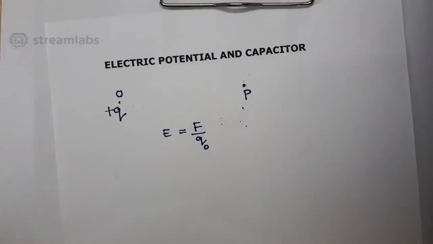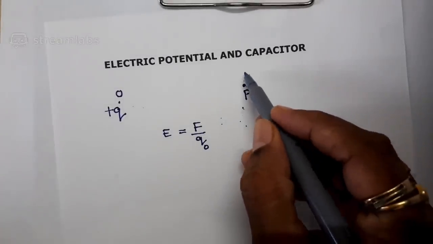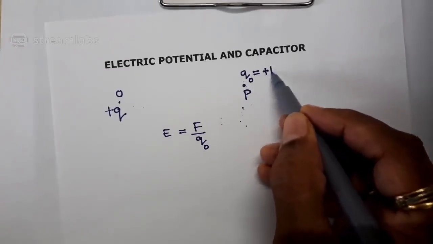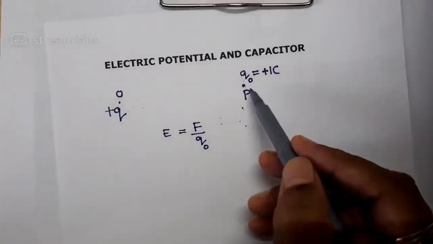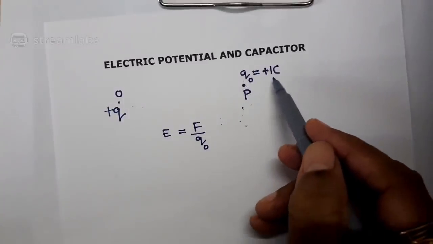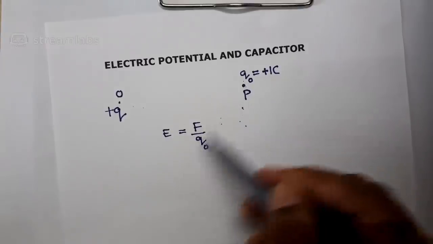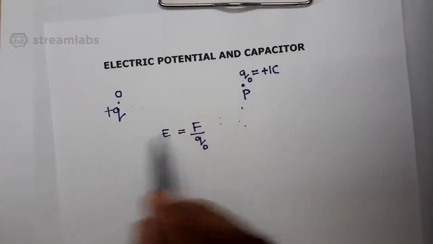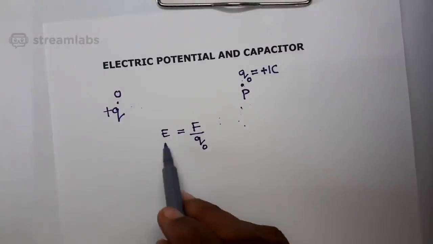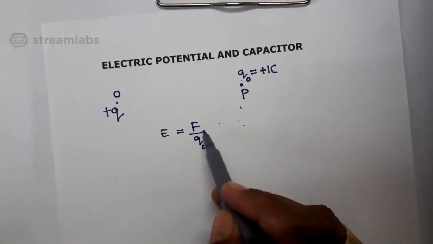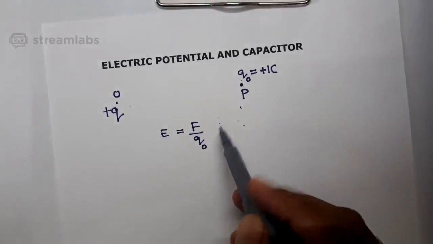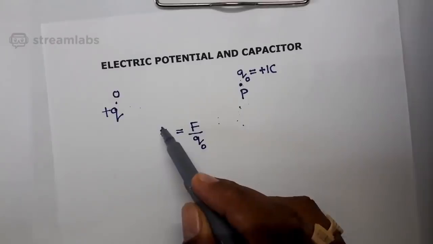That means, as you already know, wherever you define an electric intensity at a point, there I need to assume a test charge, and according to your standard definition, that test charge is nothing but a unit positive charge. The general notation of a test charge is q naught, but in the standard definition of electric intensity, the test charge is nothing but plus 1 coulomb charge. So again I'll repeat the definition of electric intensity you learned in the previous topic. Electric intensity at a point is defined as the electrostatic force experienced by the unit positive charge placed at that point. Now you know that this electric intensity is a vector.